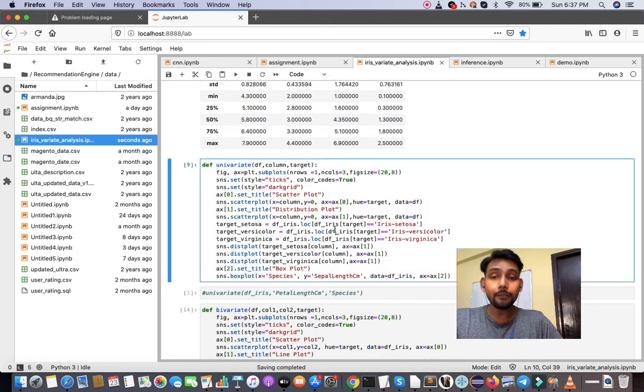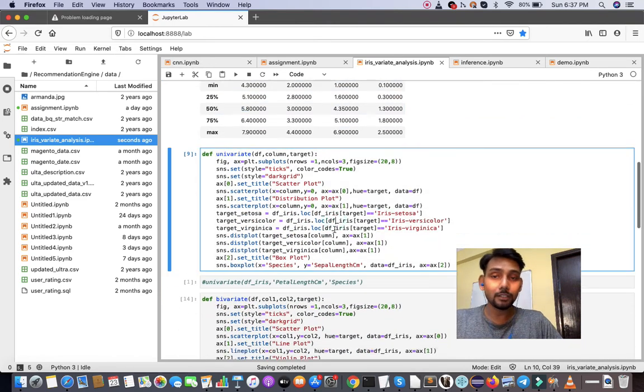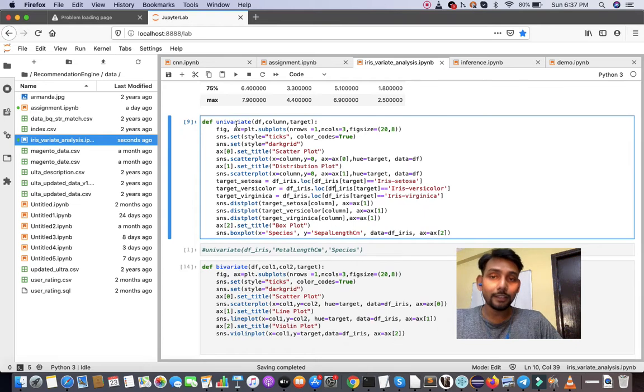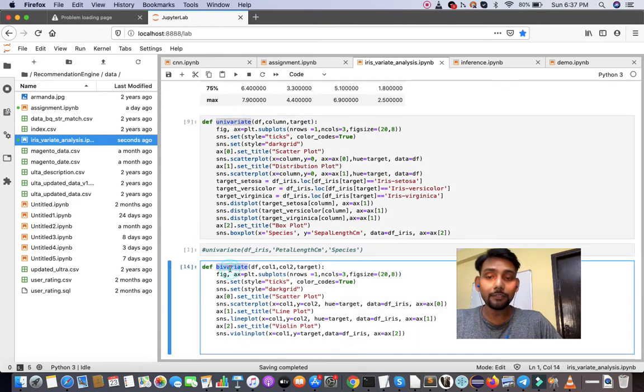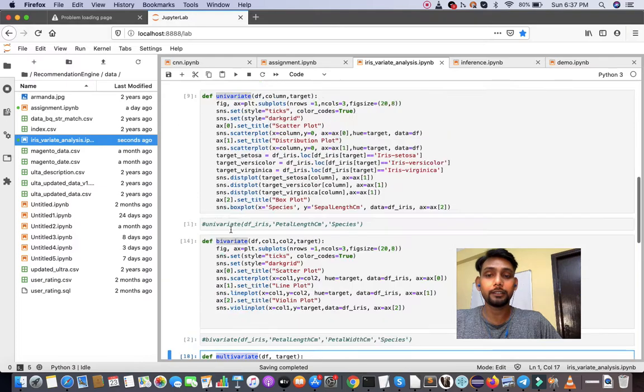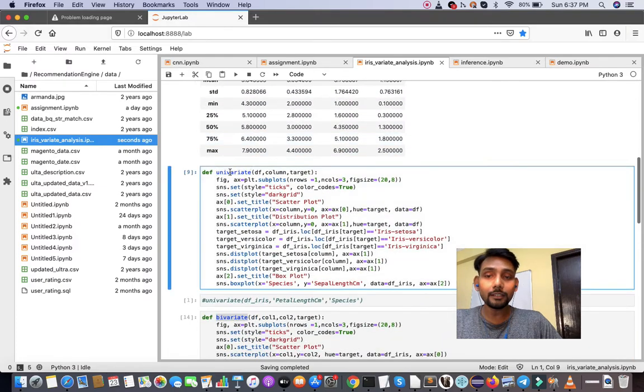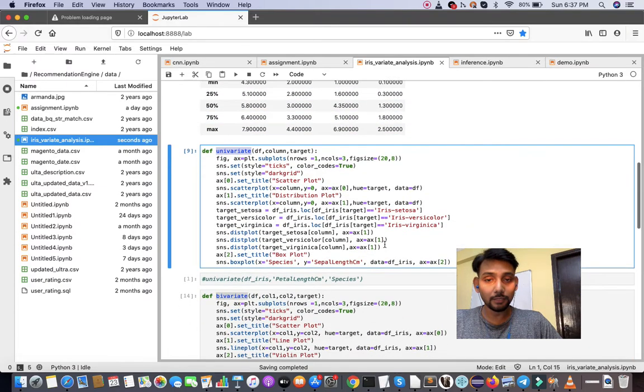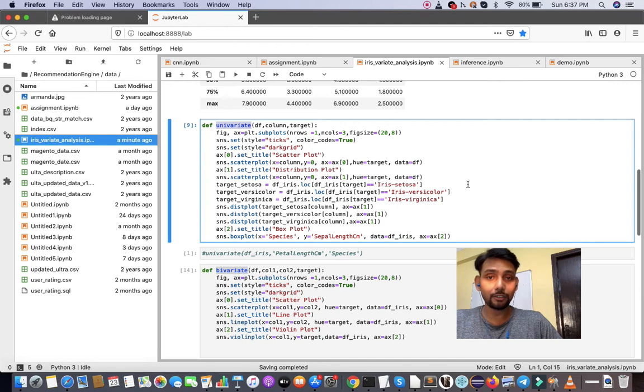So guys, I have written three functions. One is univariate, the second one is bivariate, and the third one is multivariate. Univariate returns some graphs for doing analysis on a single feature.